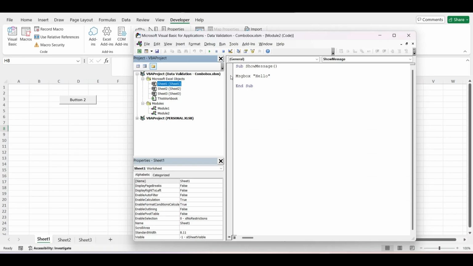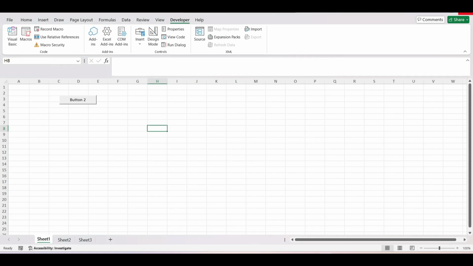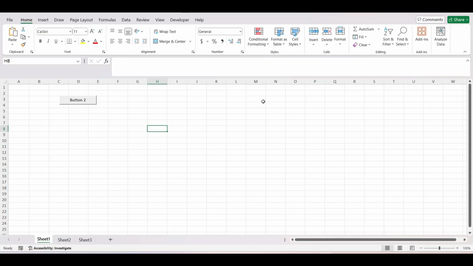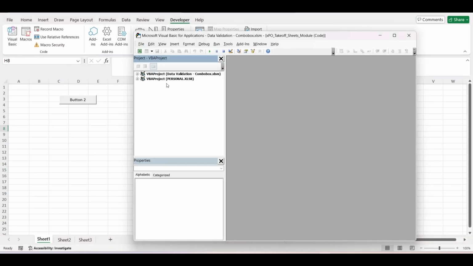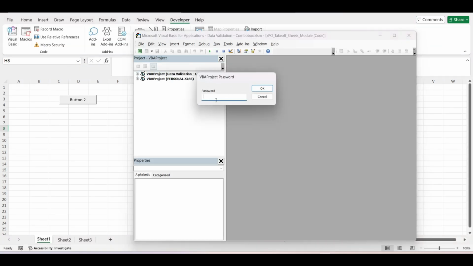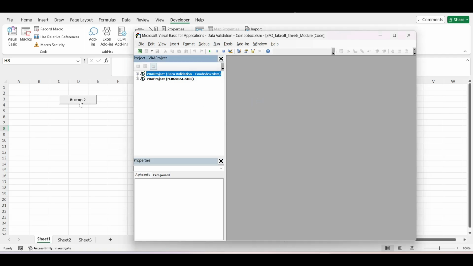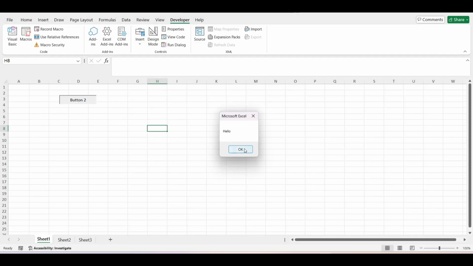and we can go back in here and it hasn't taken effect. What we need to do is actually close out of the workbook and reopen it. So I'm going to close that, we reopen the workbook and go back into the editor. We try to look at this code and you can see it's password protected, but we can still click on the button and it still works. So the code all still works inside,